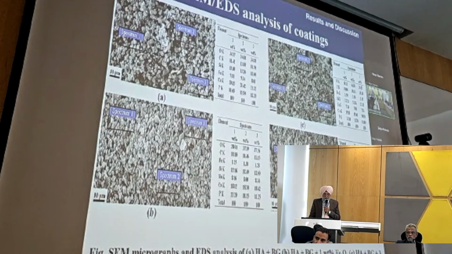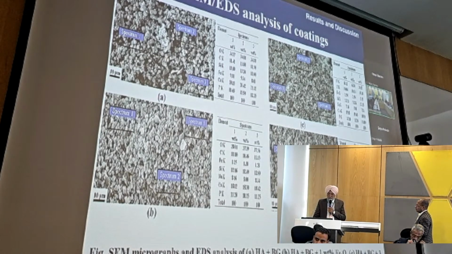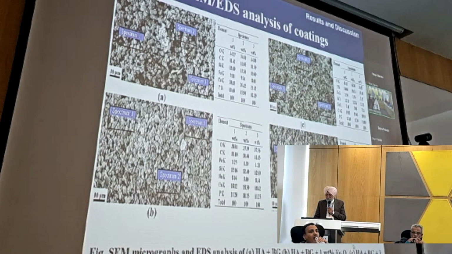You can see in this particular structure B that there is more uniformity and less porosity as compared to all the others. Relative to the others, I'm just showing you the results because I have to finish within 2-3 minutes. So I can simply say that with 1% addition of this